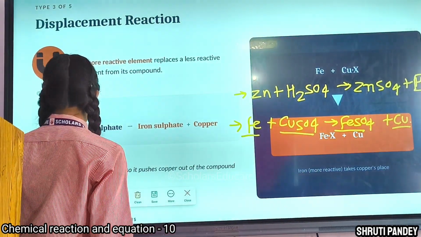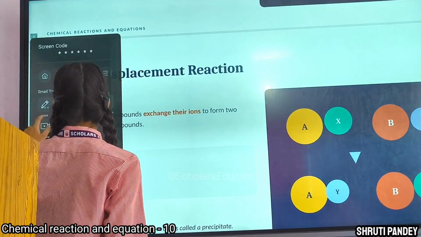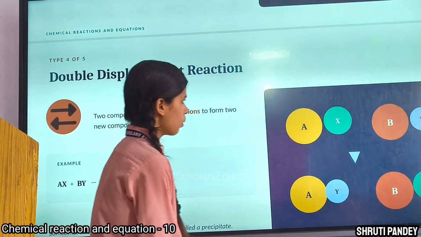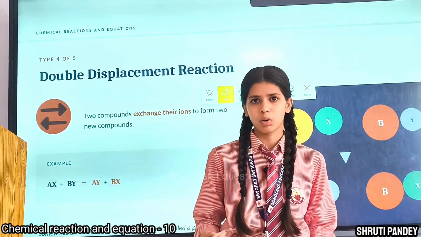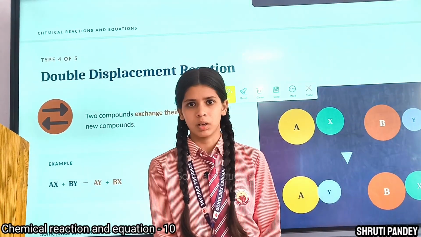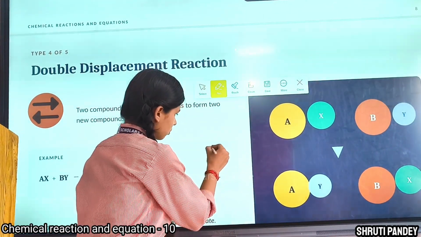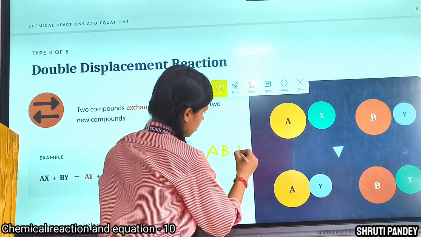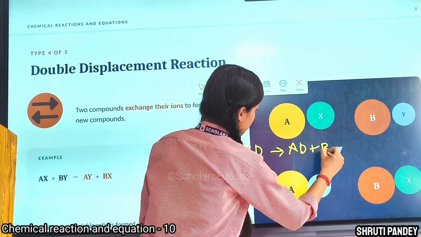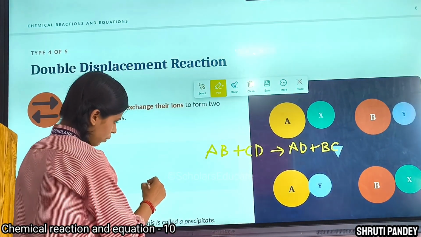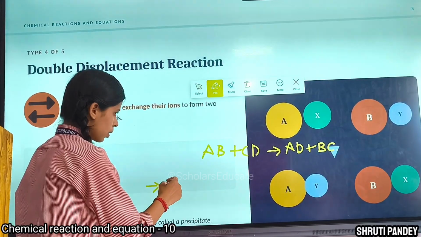Now, the next type of reaction is double displacement reaction. The reaction in which different types of ions or groups of atoms displace each other. The equation of this reaction is AB plus CD gives AD plus BC. Some examples of double displacement reaction are: